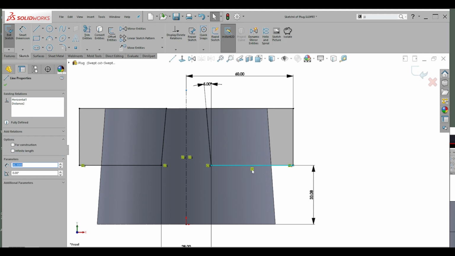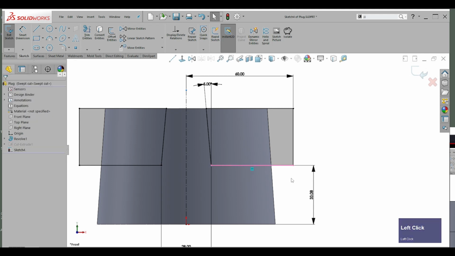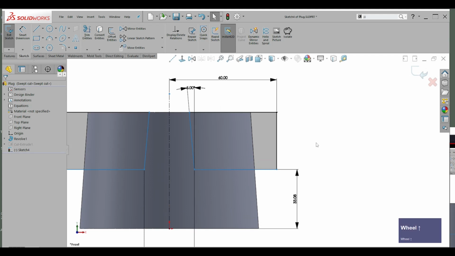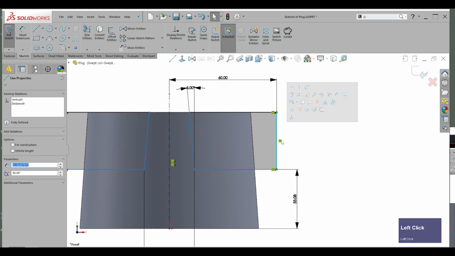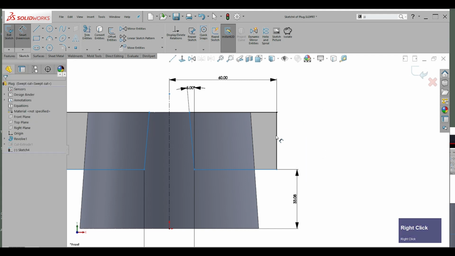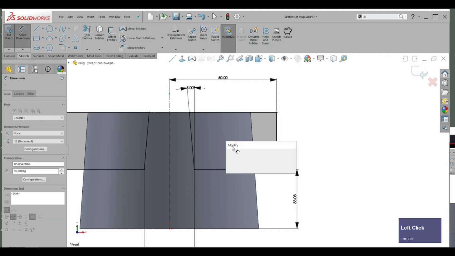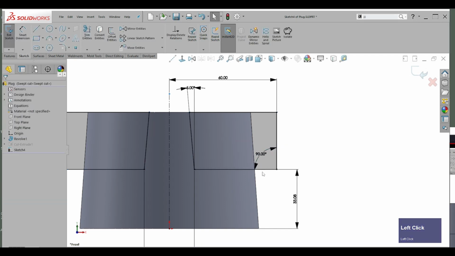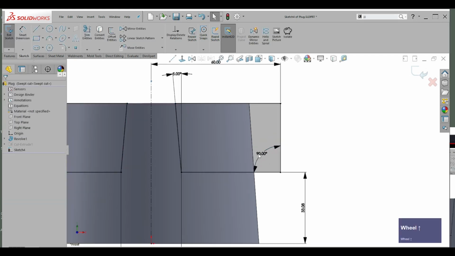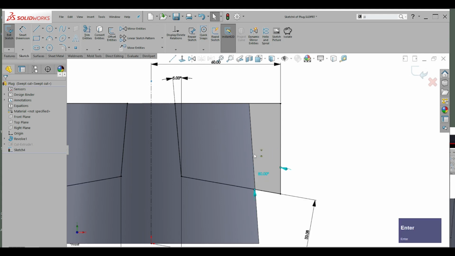So let me take the horizontal constraint off, and you'll see that immediately all of these interior lines go blue. They're no longer what they should be. And because I made this line vertical, I can now use that to create an angle between these two, 90, which is the same as saying that this line is horizontal. But if I double click on this, or single click, and I make it 80,